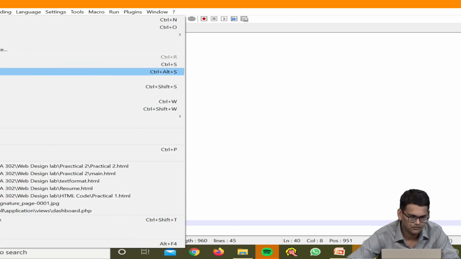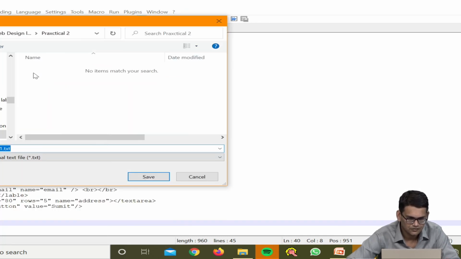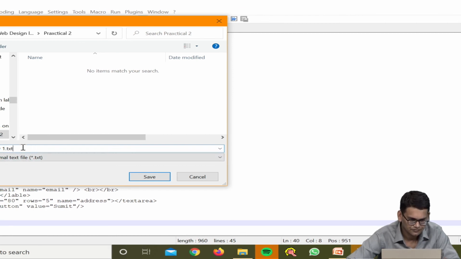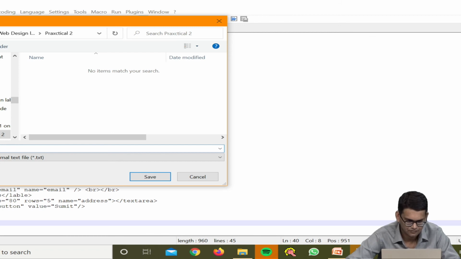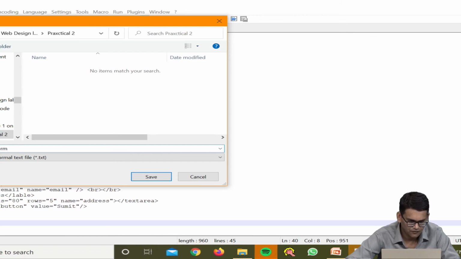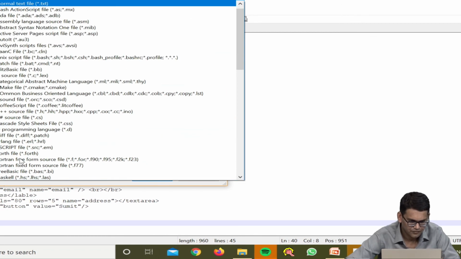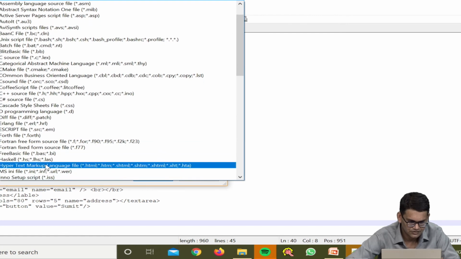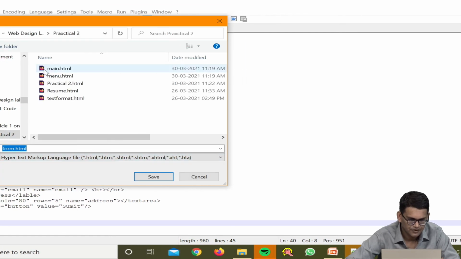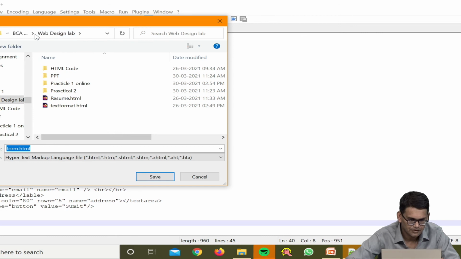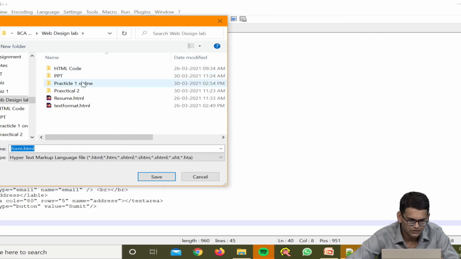We go to save as, and save it as form, then choose its type which is HTML, and confirm the location.